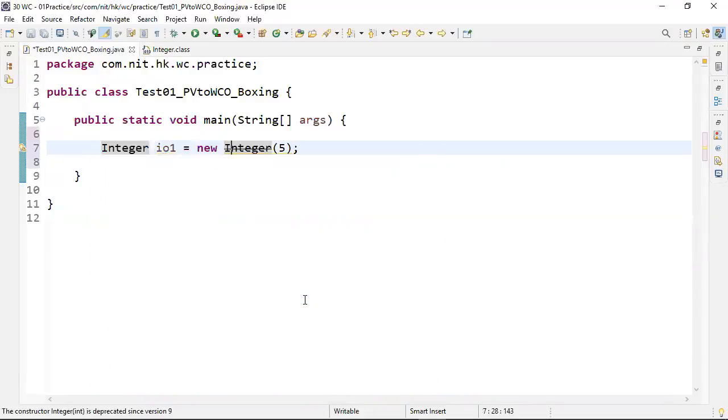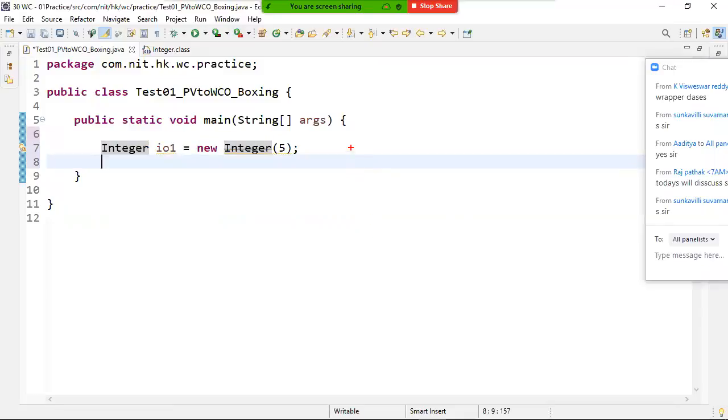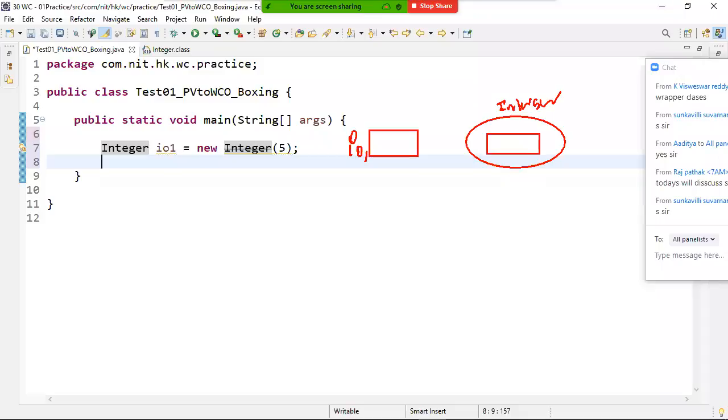Now come back. So what is the memory diagram of this statement? In the last class, I explained it one more time, and I wanted to show you. Now, the IO1 variable is created, followed by the Integer class object. Generally people will write the Integer class object directly with 5 like this, but I want to write it a little more clearly and in more detail.